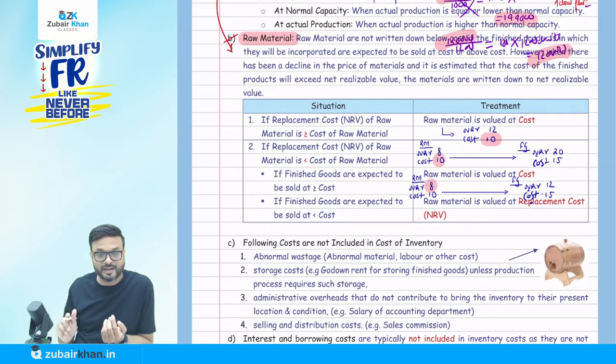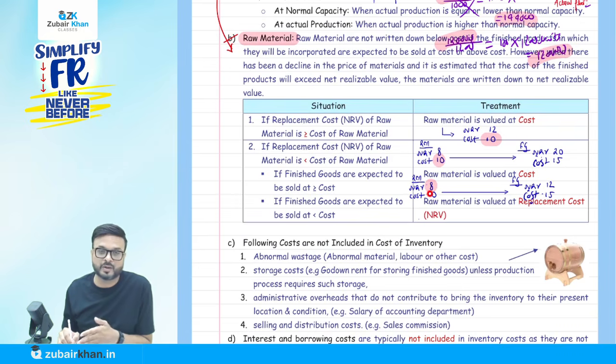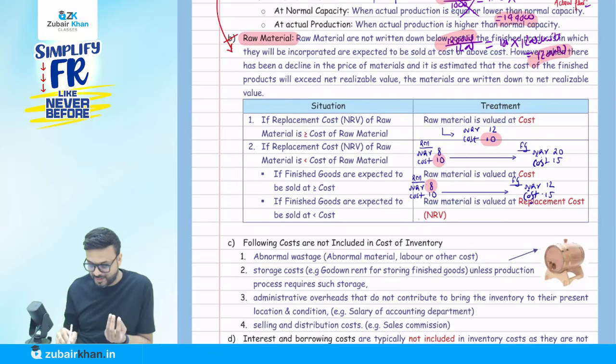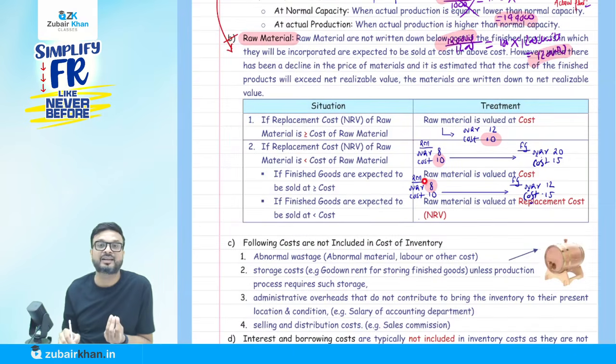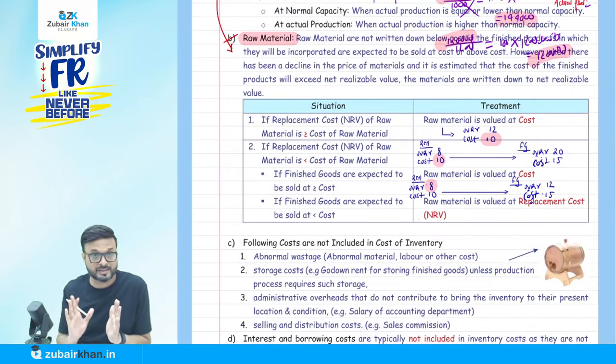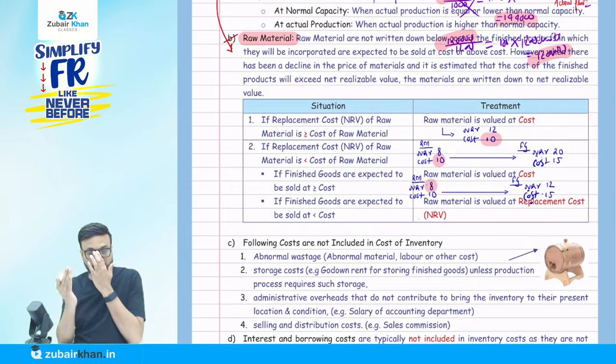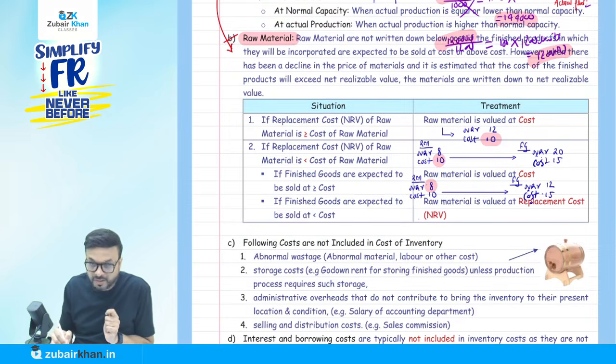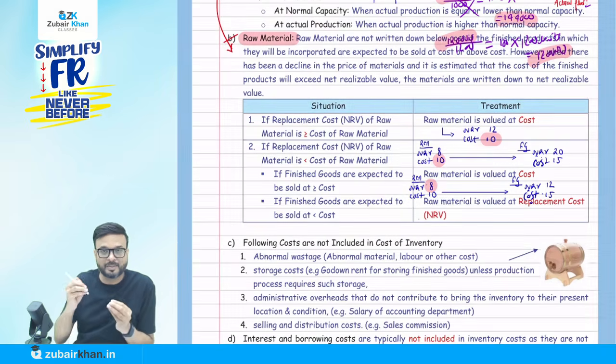They say, okay, obviously my NRV is lower than the cost, so record 8 only, because this loss is going to happen as the finished goods will also be sold at a loss. Okay, so the loss is going to happen, record it now. So they say cost or NRV, whichever is lower. That's why. So keep this exception in mind, be careful, when we solve the question this point will come. Very important table this is. Whatever I have highlighted in red color is the amount at which you have to do